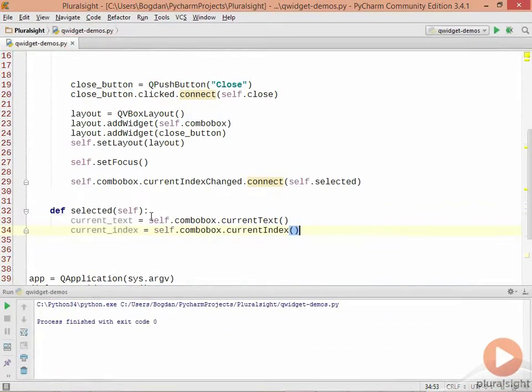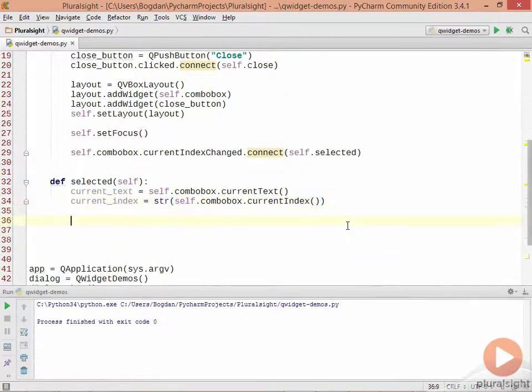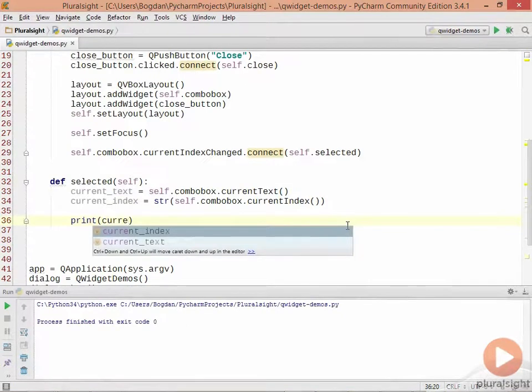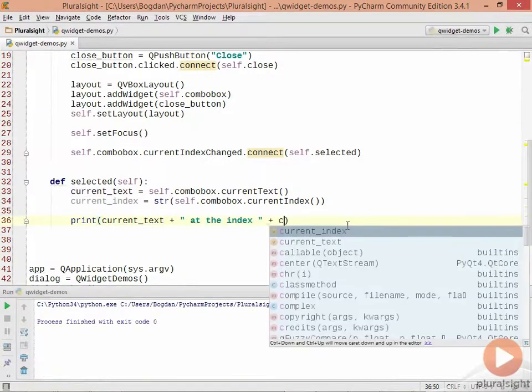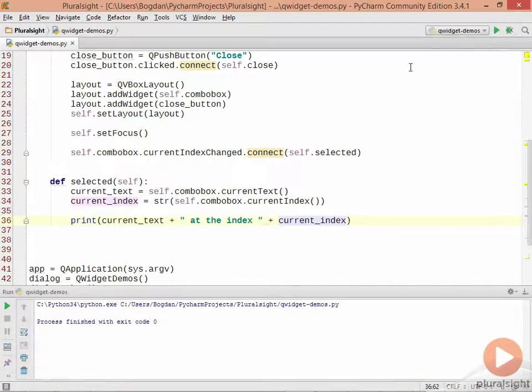Now, since this returns an integer, I'm going to wrap this with str() so that I can convert it to a string, because we're going to print it all in one line. Let's print it to the Python console. We'll say current text, at the index, current index. Now, if I run the application,